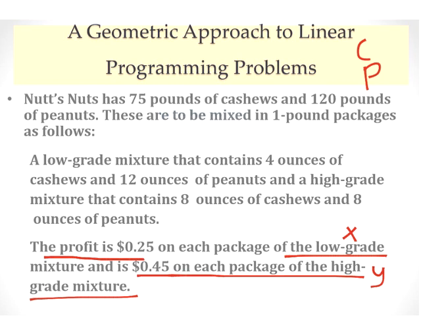So if you notice here, our limitation is in units of pounds, but whatever we use in our mixture is in units of ounces. So you need to make sure that they are in the same unit. Then you can come up with your inequalities. So you need to know how many ounces is 1 pound. So 1 pound is equal to